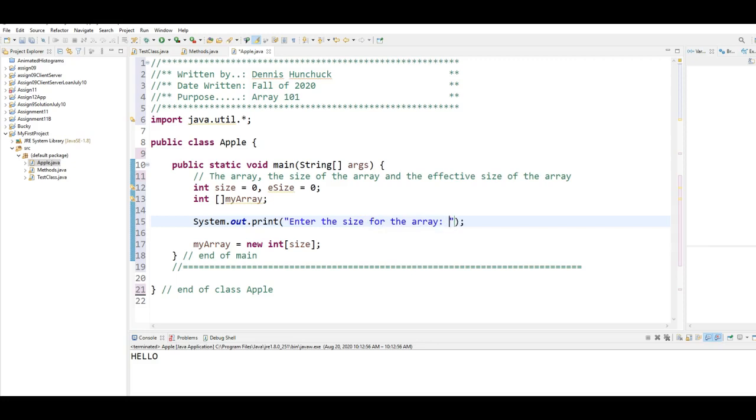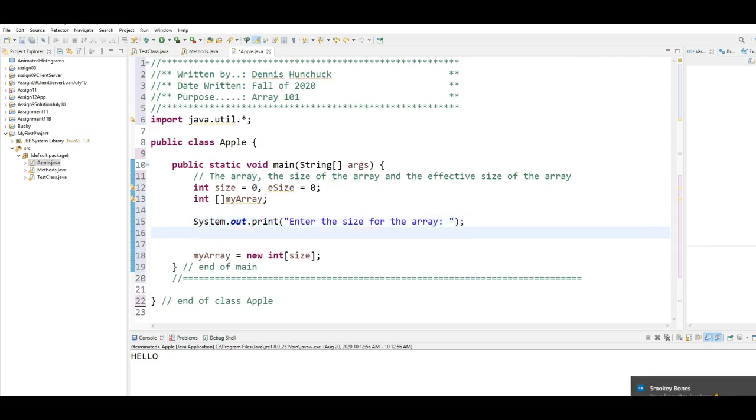Enter the size for the array, and notice I put a space after the colon because I like the place where the user is going to type to be separated from that colon. Okay, so now I want to store size gets. Well, now there is no scan function or method that may have been inside of your C class, and